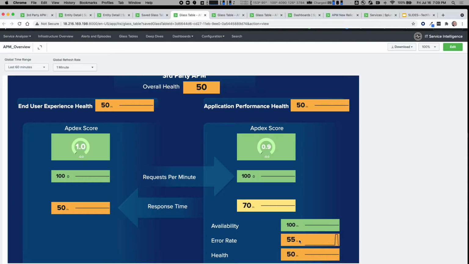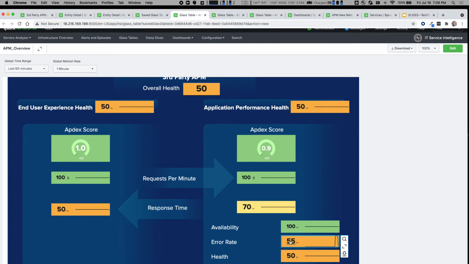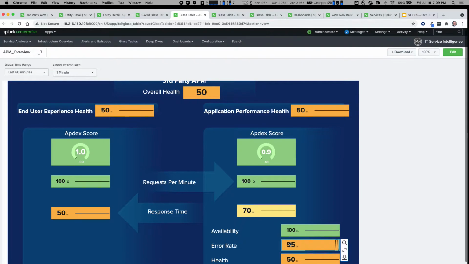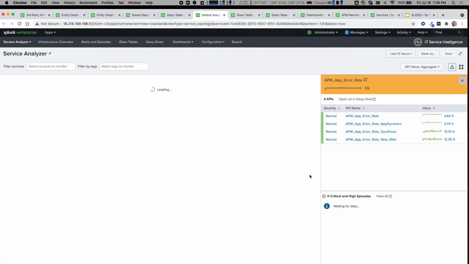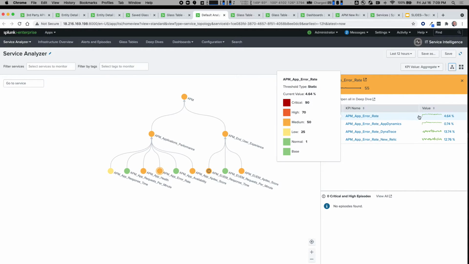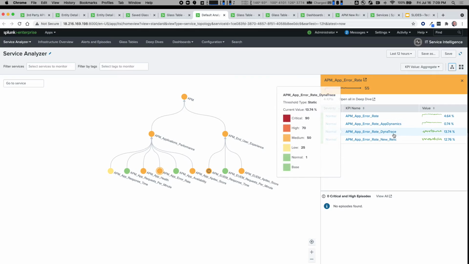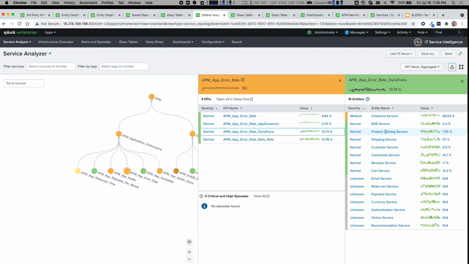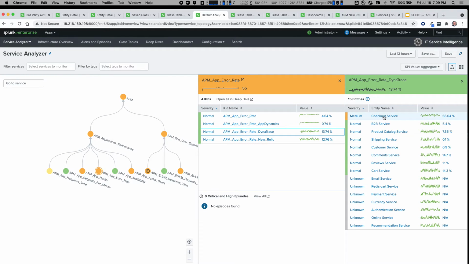Now I see a blip here that went for the error rate. I'm interested in learning a little bit more about that, and specifically why we're showing 55% error rate. So if I simply click on that, we're now going to see the detail pop up from an error rate perspective. And if I just look through here, where do we have the highest one? So our average across is a little over 4%, but we can see the majority is coming from something being picked up in our Dynatrace legacy APM tool. And specifically, we have a checkout service here that's at